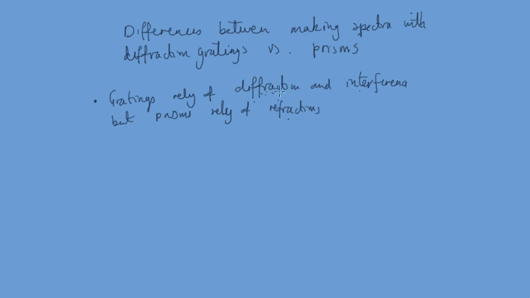So with the grating it's diffraction and interference, and with prisms it is refraction. So prisms tend to produce a single spectrum from a single ray of light,